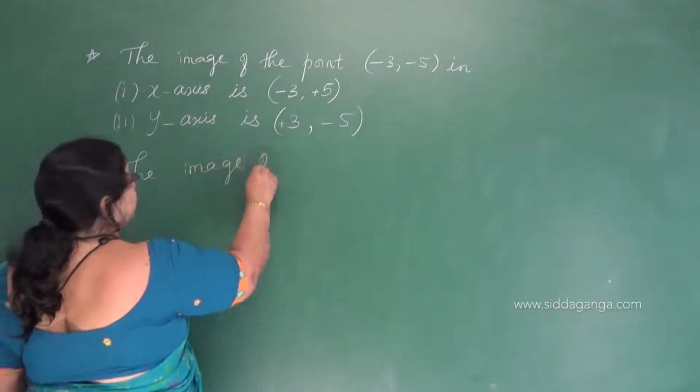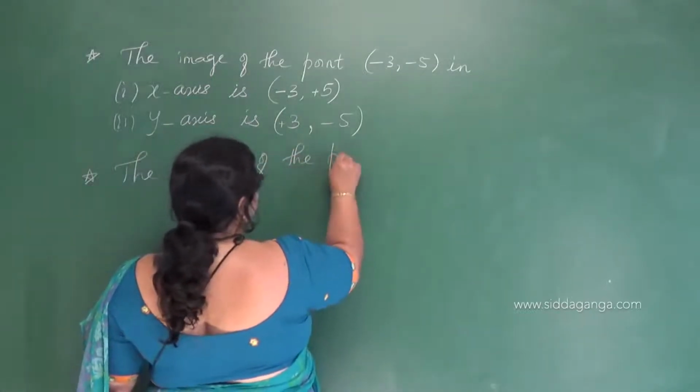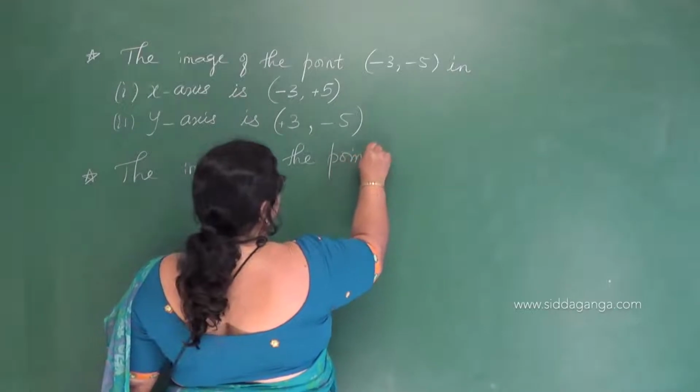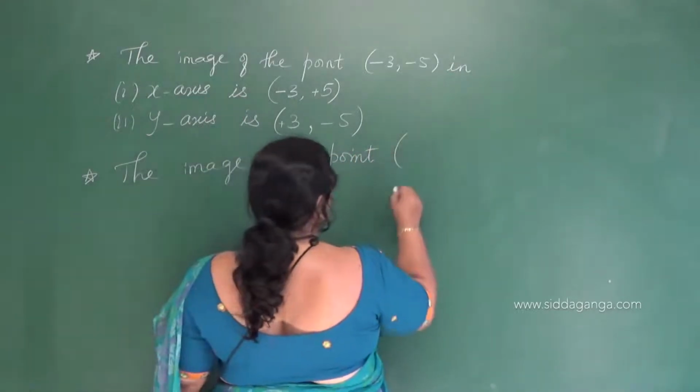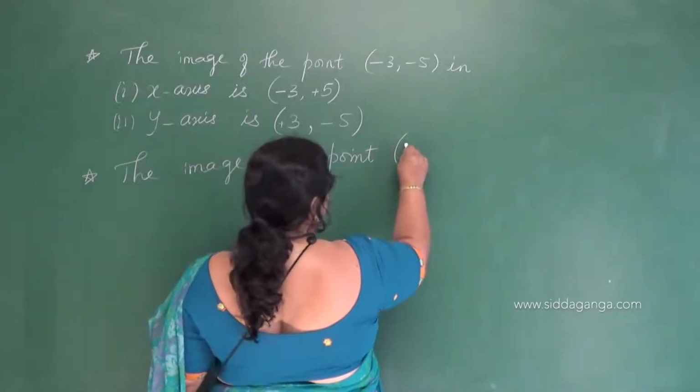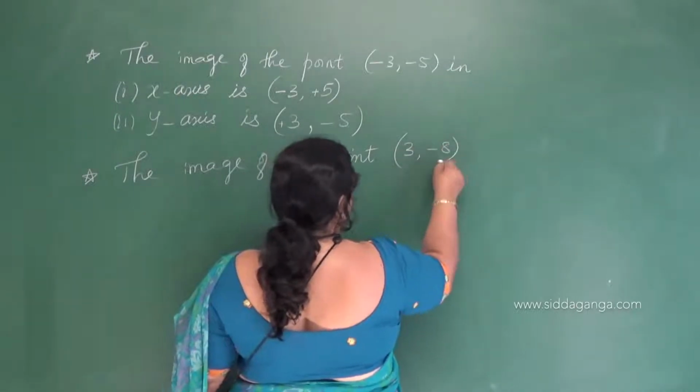Take another example. The image of the point (3, -8) in